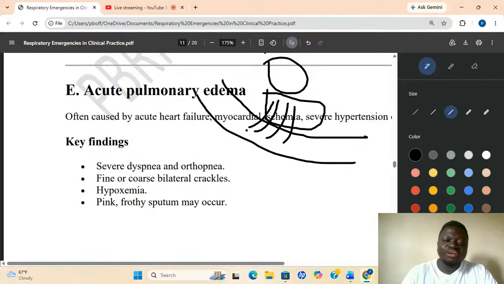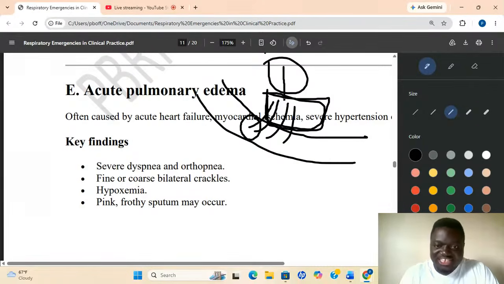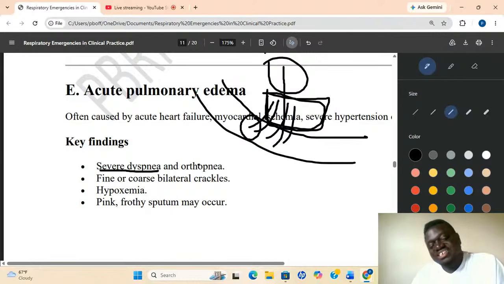So just like the clot that we were talking about here, this time around it is fluid that is stuck here. So oxygen again cannot go down. And the patient will be having what? Severe dyspnea. But the difference is that because it is fluid,